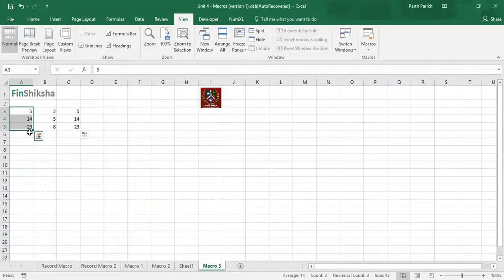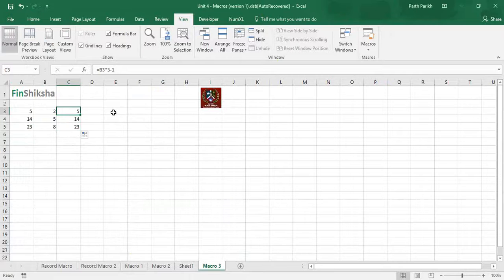Now, before I move on, there is a drawback of macros. Whenever you run a macro, you know what the output is, but the other person doesn't know what you have written and where you got that particular value from. But when you write a formula, the other person can surely try to find out what exactly you have done. So for example, you have created a sheet and you have sent it to your professor or to me.